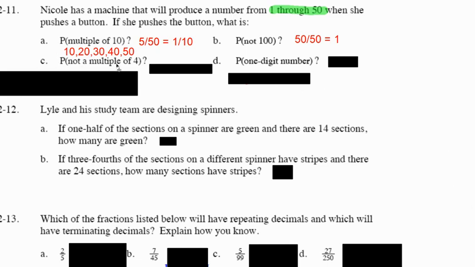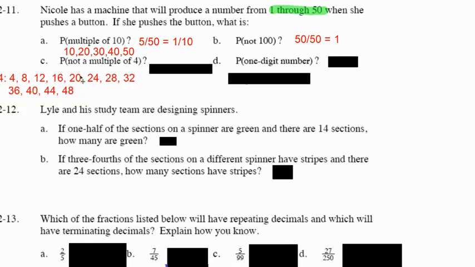The probability of not getting a multiple of 4. What I thought was easier there was to list the multiples of 4 and subtract it from 50 numbers, because there's a lot of numbers that are not multiples of 4. So I listed all the multiples of 4: 4, 8, 12, 16, 20, 24, 28, 32, 36, 40, 44, 48, up to 50. That was 1, 2, 3, 4, 5, 6, 7, 8, 9, 10, 11, 12 of them. 12 taken away from 50 means there's 38 numbers that are not multiples of 4 between 1 and 50 out